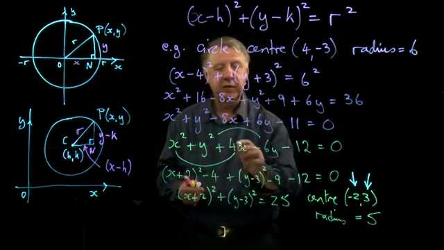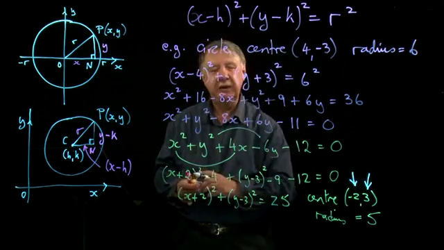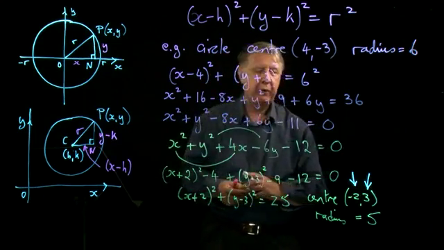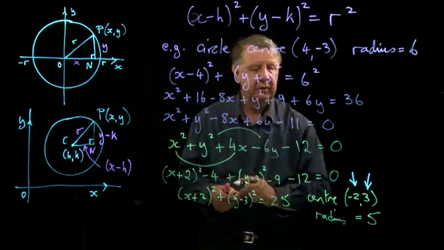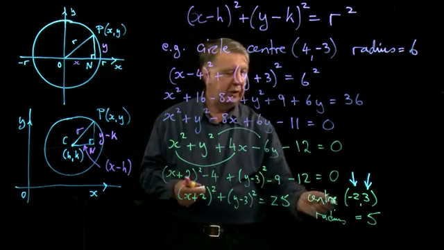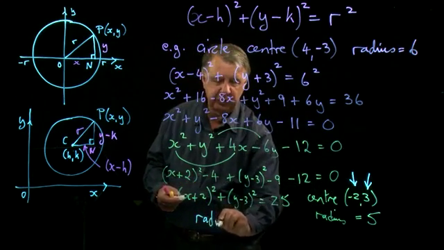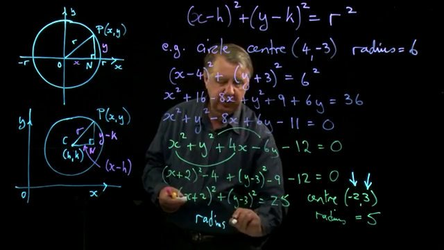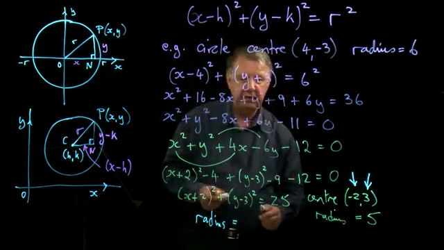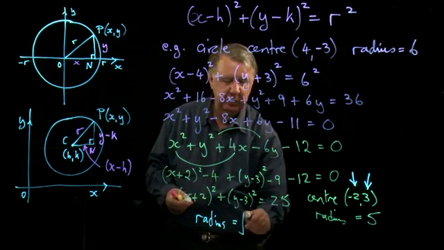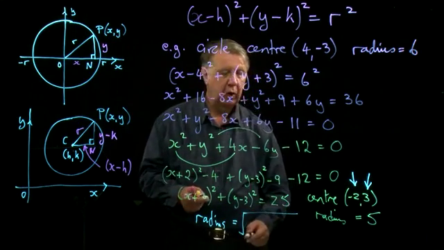So the centre comes out of this pretty quickly. And how would you get the radius? Well, the radius, I don't really want to write this down too exactly, because I'd like you to try and learn it in words as a process. The radius will be the square root of